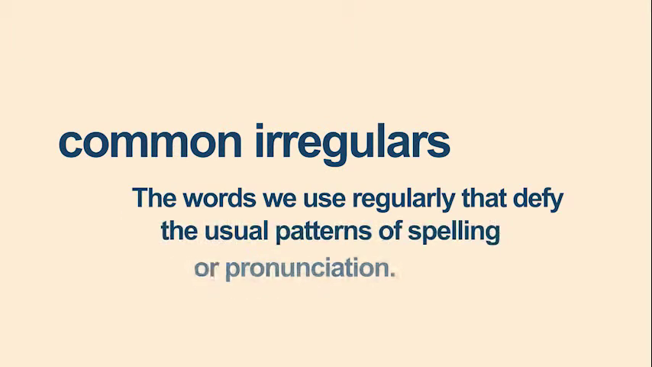Common irregulars are the words we use regularly that defy the usual patterns of spelling or pronunciation. Words like said, through or rough break the rules of phonics and can confuse the dyslexic learner. We're teaching all our children phonics, which is part of the answer to learning to read and write, but it's insufficient with English because it isn't a regular language and because so many of those basic common words like said,